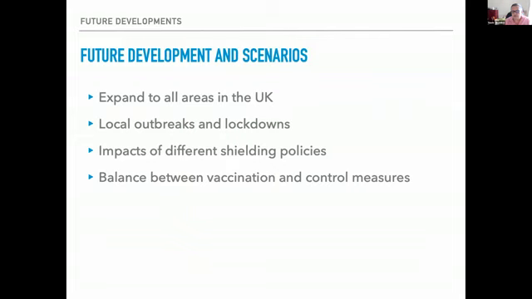So I'll just finish with some current developments, I think probably future developments. At the Turing, there is now a team expanding this to all areas of the UK. That's made much easier by our friends at Improbable with their assistance in the coding and implementation. And this allows us to model the effects of local outbreaks and lockdowns and how best to shut down local outbreaks,